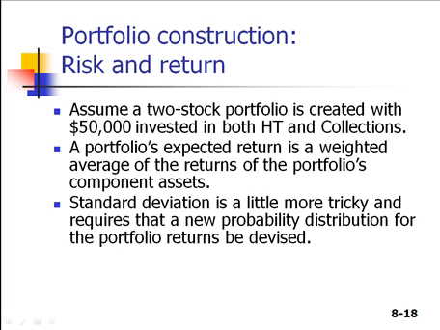So in order for me to introduce this idea to you, what I would like to do is do something really simple. Let's just assume that we have a portfolio of not hundreds of stocks, but let's just say 2 stocks for right now. And let's say that we have created this portfolio by investing $50,000 in the high-tech stock and $50,000 in the collections company stock. So again, it is a 50-50 mixture. It is exactly a half and half mix between the high-tech stock and the collections stock.